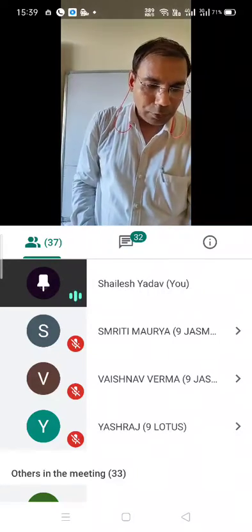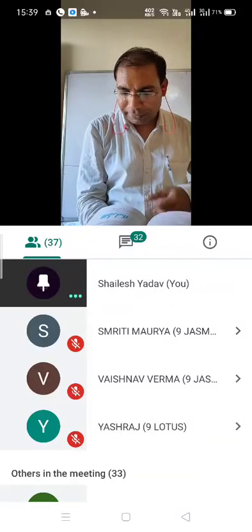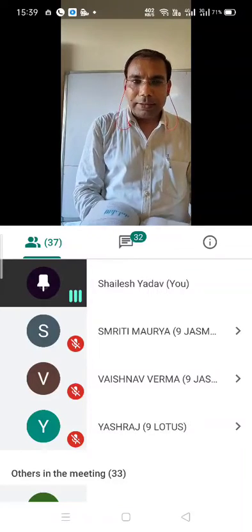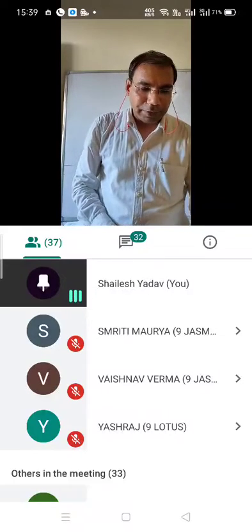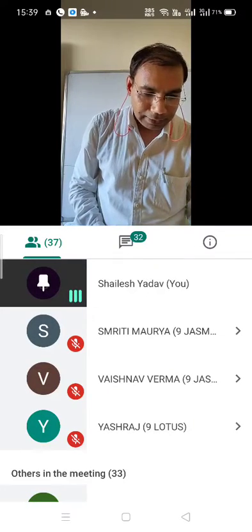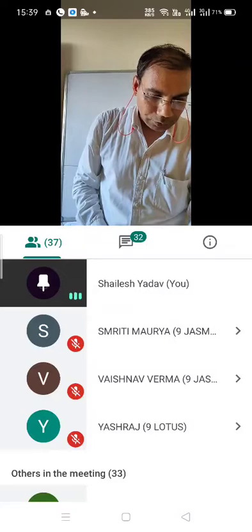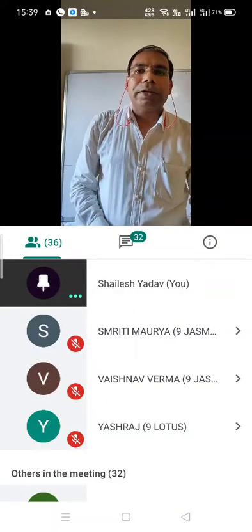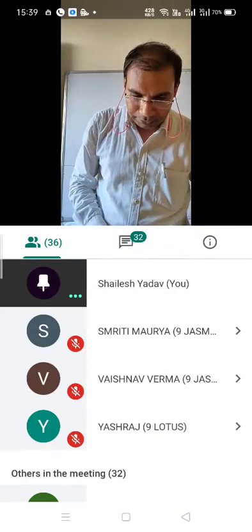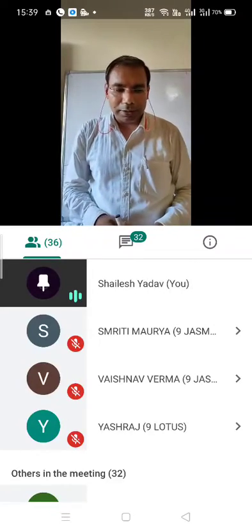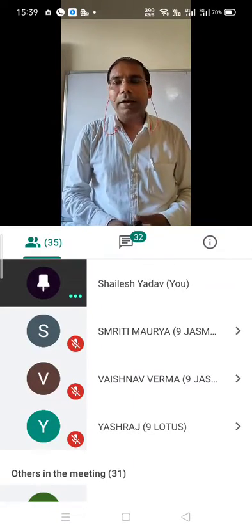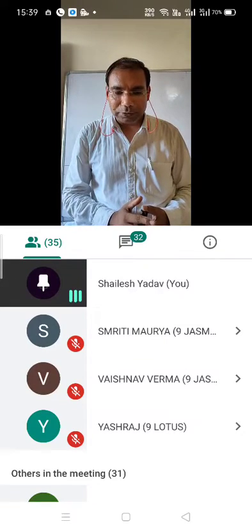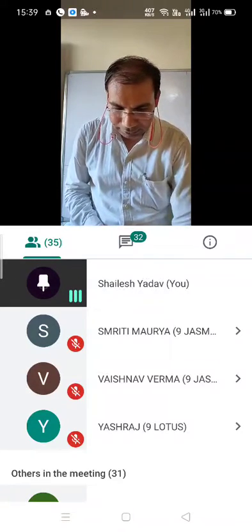Now, if you are going for exercise 14.3, that is based on graphs. Here 3 types of graph are there. First is the bar graph, second is the histogram, and third is the frequency polygon. But according to your new syllabus for this year, the frequency polygon is removed from your syllabus. All of you have that syllabus now?